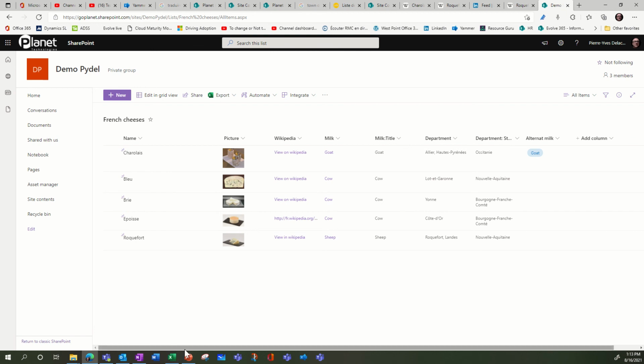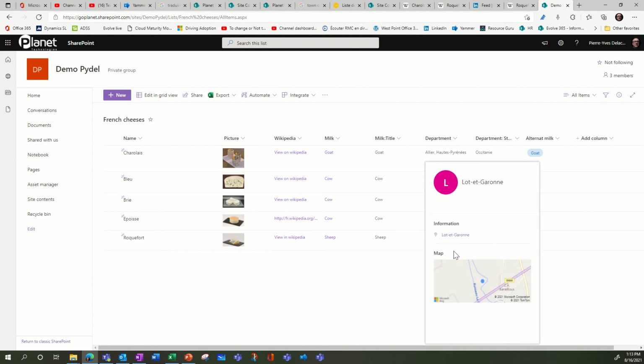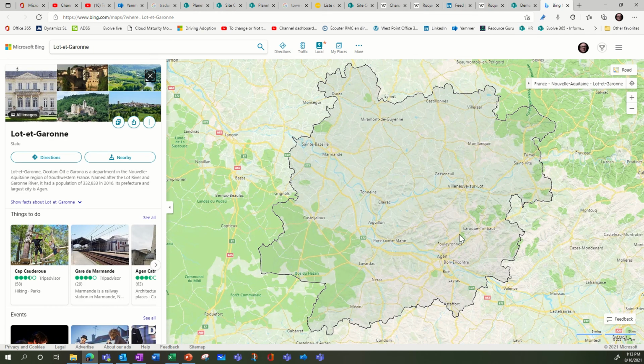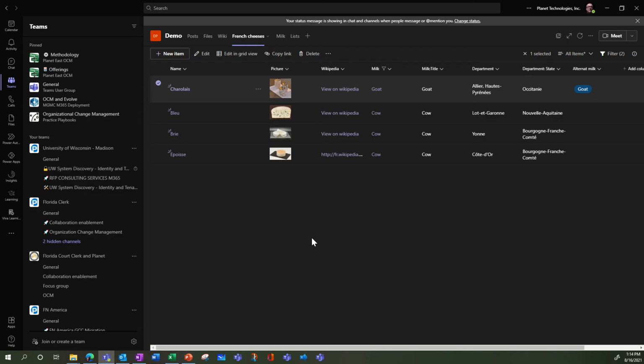Also, on the SharePoint side, there's a little bit more here, because if I hover this, you're going to see that as it's a place, it's going to show me a Bing interface. So now if I click here, it's going to show me where is Lot-et-Garonne, and I have the map. So there's still some things that you can't do in Teams, but you can do in SharePoint. It's really advanced things. Probably will come after a while, but Teams is really well integrated